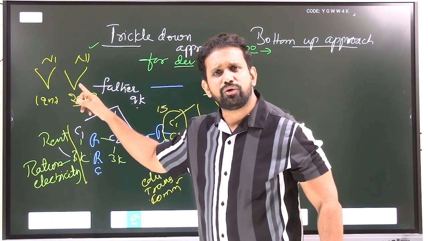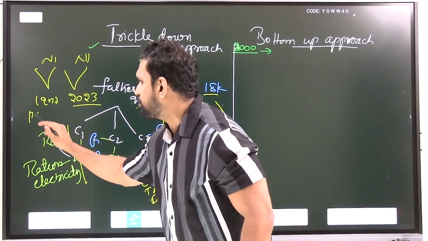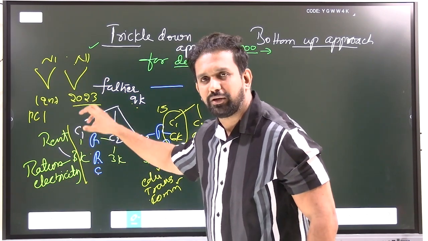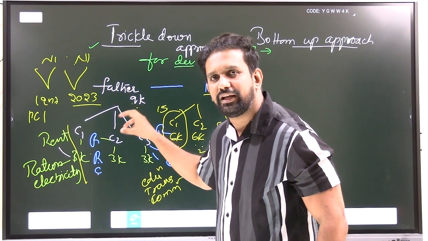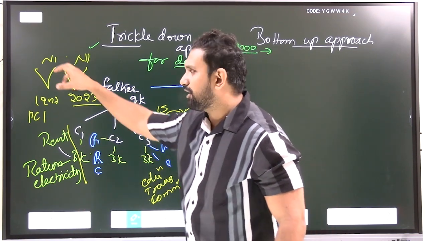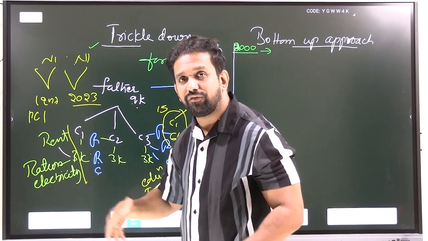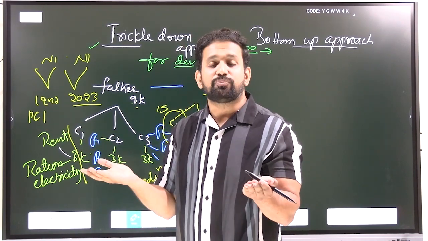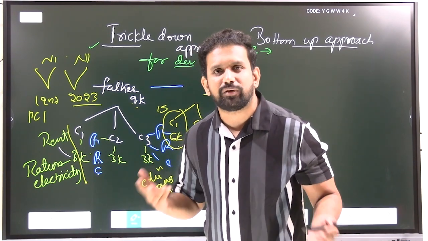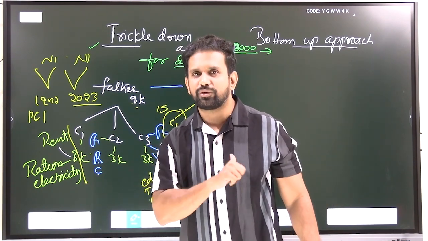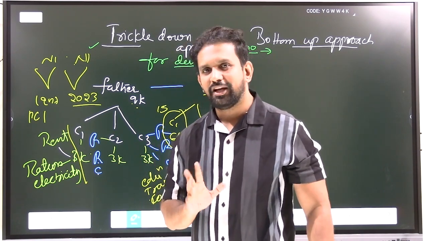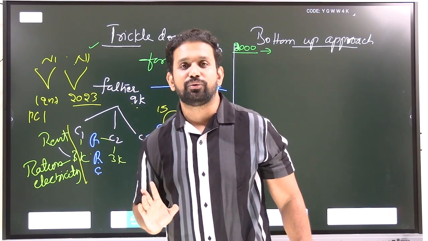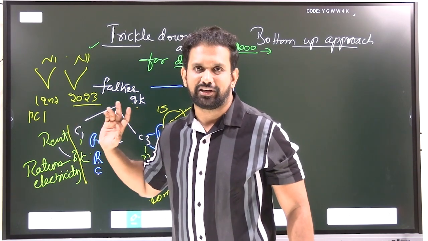But when national income grew, automatically everyone's per capita income should grow, because national income will be distributed just like trickle down. From the trickle down theory, we can understand that the father's increased money is distributed among the family. In the same way, if the national income increases, the per capita income of every one of us should increase. When our per capita income, money in hand, increases, what will happen? We will purchase more goods and services. But we have not been able to do that from the time of independence till today, right? The question is very simple: some people are having more, some people are taking more wealth, and a lot of people are not able to get wealth from the increase in national income.